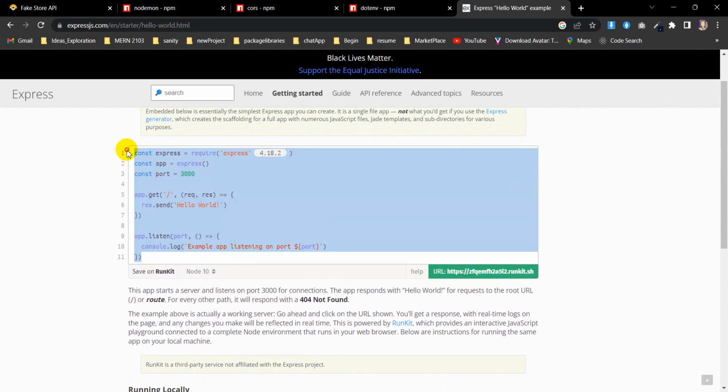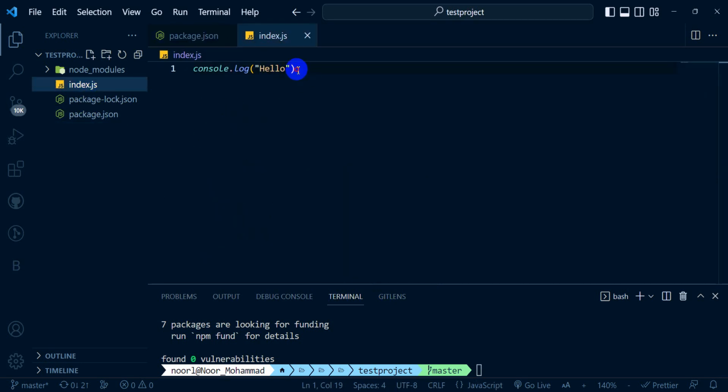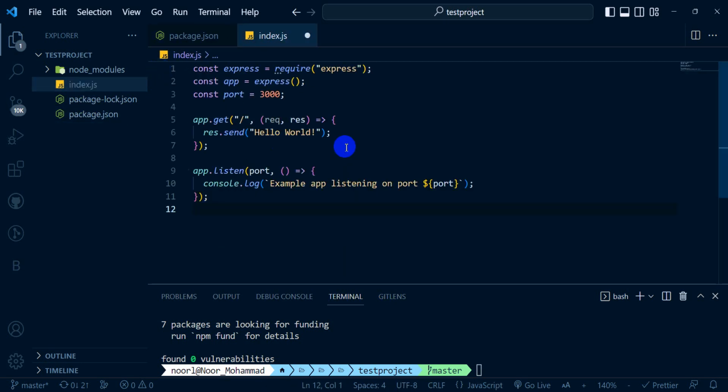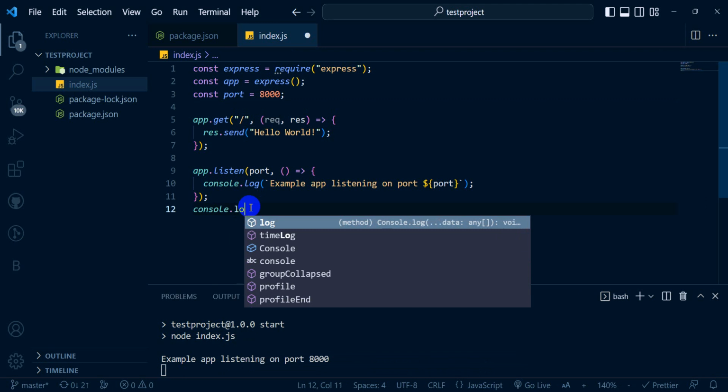I will copy it and use it in our file. Now I think it will work. Our port number is 3000. I'll give it 8000, that's a good one. Now our example app is listening on port 8000, and then it stops, because if I make any change like another console.log,